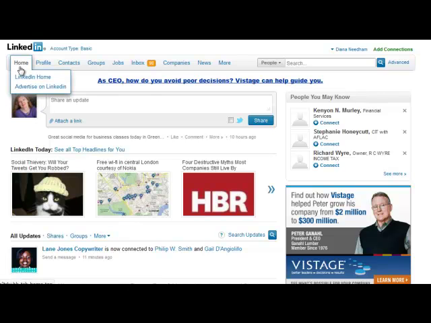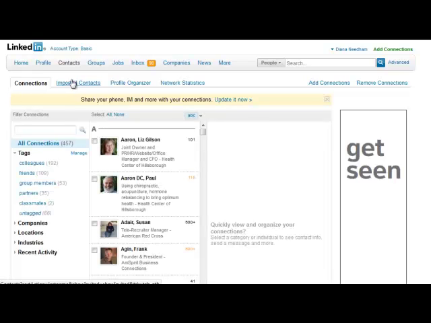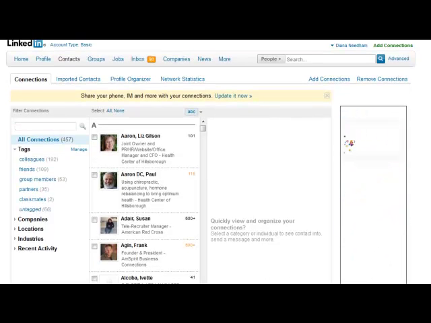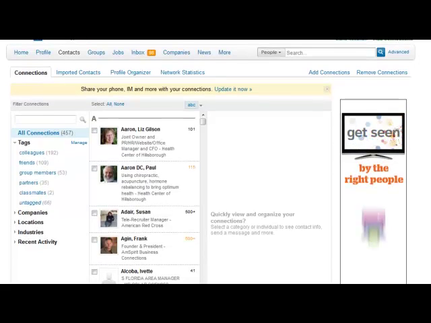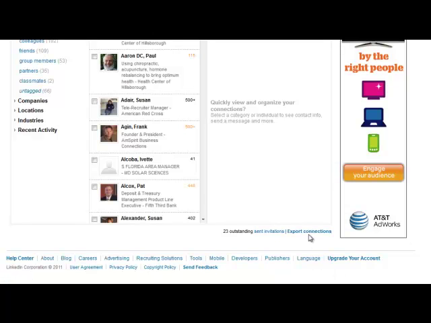So the first thing you want to do, make sure you're logged in to LinkedIn, go to your home page, and that's where you're going to see the feed of information coming in. Go over to contacts and then click on connections. When you click on connections, the entire list of connections will come up, and as most of you know, LinkedIn is not always intuitive. You have to actually scroll down to see a function here in the center called Export Connections. So when we click on Export Connections,